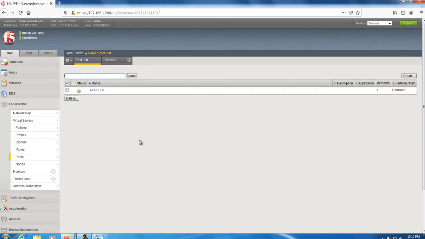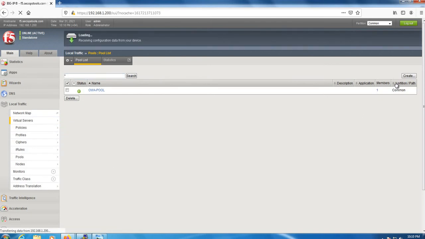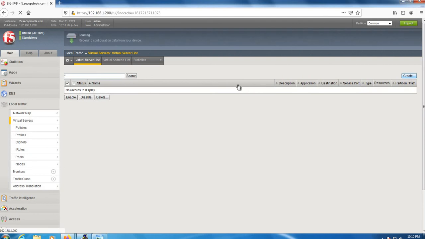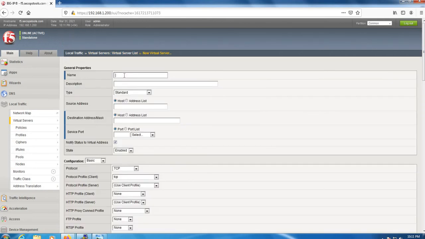Because F5 is in the same network as our Exchange, we got the pool available immediately. Now we'll create the virtual server. We'll name it vs-owa-apm. This VS is published on the internet, so the source IP will be any.